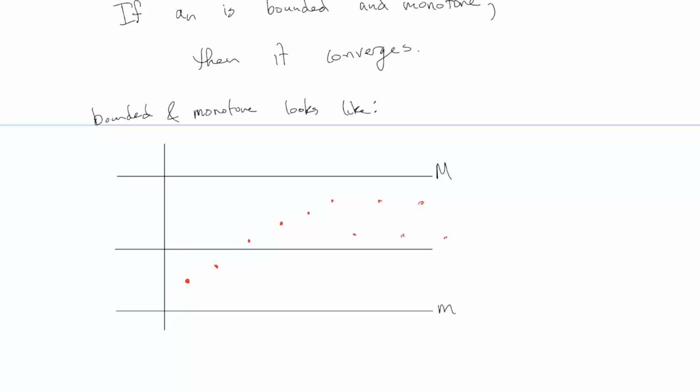But okay, that's not monotone, right? Remember, I said it has to be monotone, which means either it's always going up or always going down. So bounded and monotone, the picture basically looks like that. Either the dots are always going up, in which case they're going to converge at M, at the upper M, or perhaps they converge somewhere lower down. Or the dots are always going to go down, which means they're going to converge at the small m, or perhaps converge somewhere else above the small m. All right? Anyway, it converges, right?